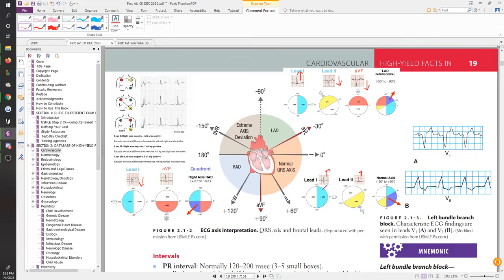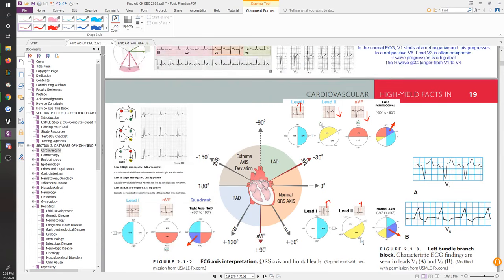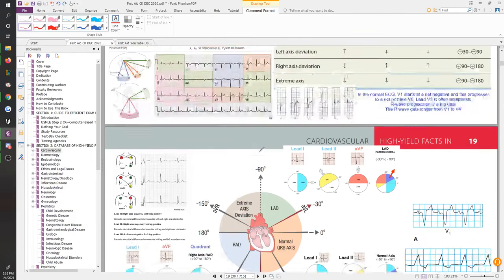So I tend to give this little ECG lecture to pretty much all step 1 students as well, because the more you know, the better, and it's definitely very helpful stuff. And so that wraps up understanding axis deviation. You're not going to master this in your first try. You're not going to know it perfectly well on your first try either, so don't try that. Don't try to be a pro at this on looking at it once.